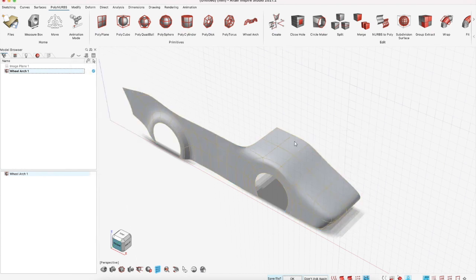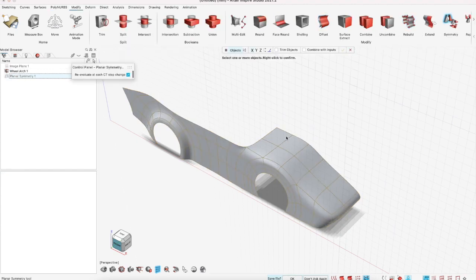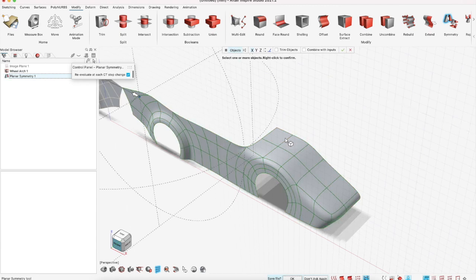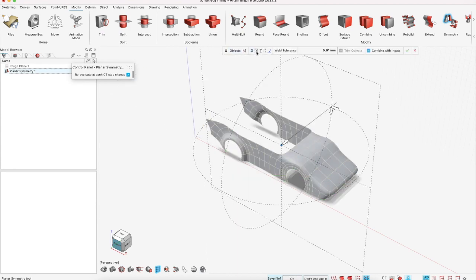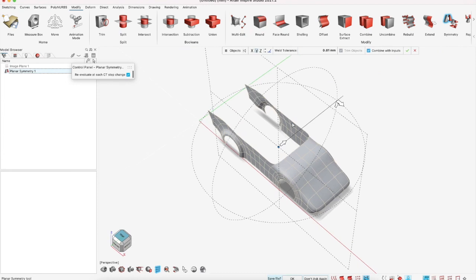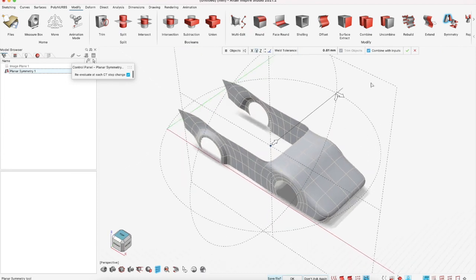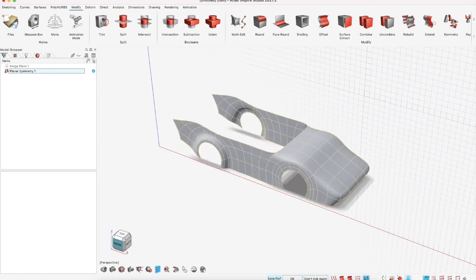I accept this shape as it is, and I'm going to go to the modify tool to pick the symmetry tool. And this is not a radial symmetry, but it is linear, and it proposes to mirror across the wrong axis. So I say no, this needs to be the y-axis, and automatically it gets placed at the outer edge of the original object. I want to combine the result with the input, so I get one object, and I check mark. Okay, so now this is fine,